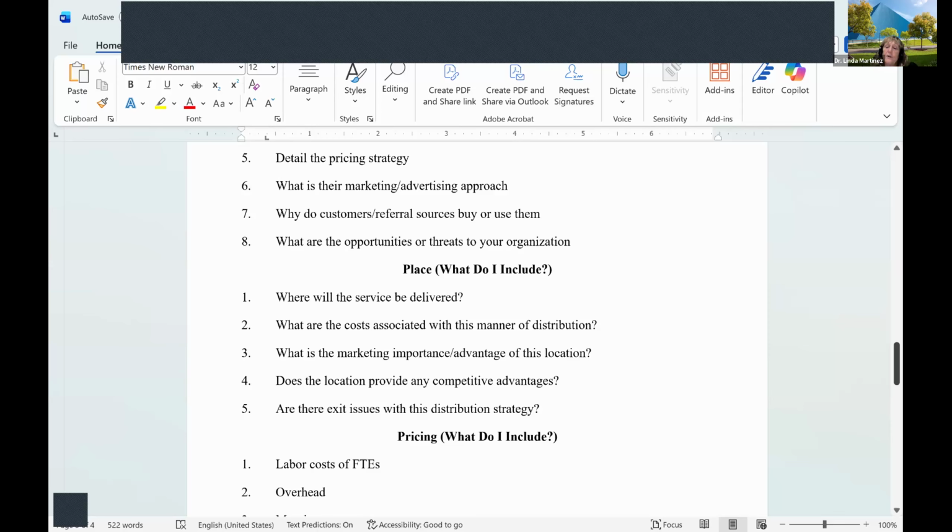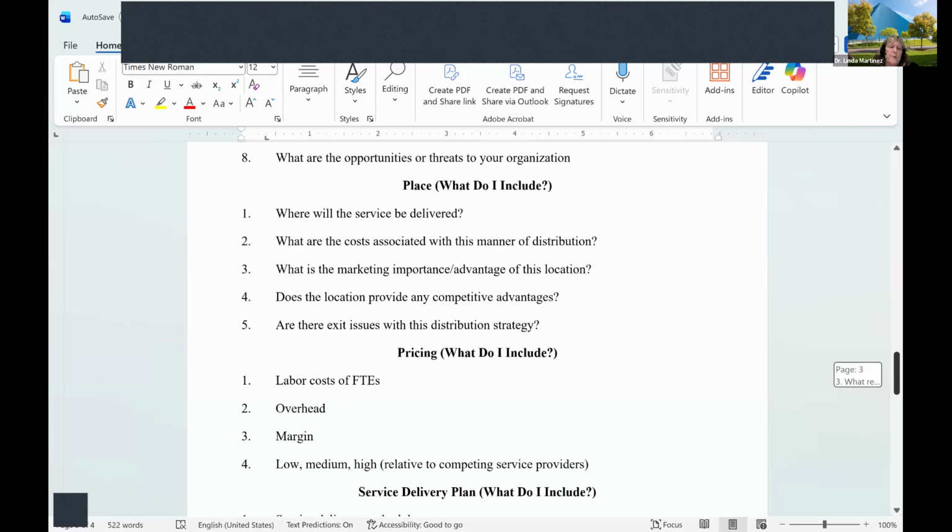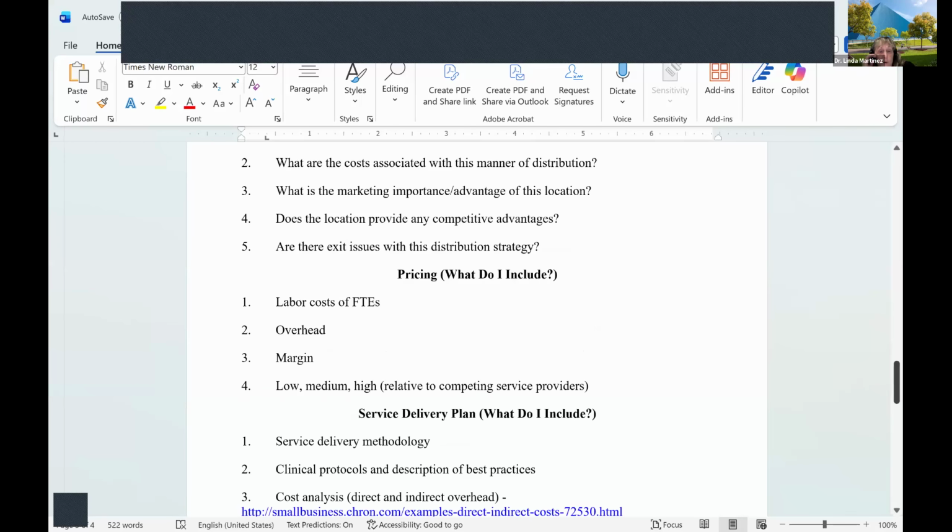Now we're looking at pricing. You have to look at FTEs. For those of you that aren't familiar with that, that is full-time equivalents. How many full-time employees are you going to have? It could be, maybe you're going to have one full-time physician's assistant, and maybe that person will also double as a nurse for a while, or an aide, where they will see you and take your blood pressure, all those kinds of things. If they're willing to do it, maybe they would also double for that, because you don't want to hire a bunch of people that you're going to have to support right off the bat.